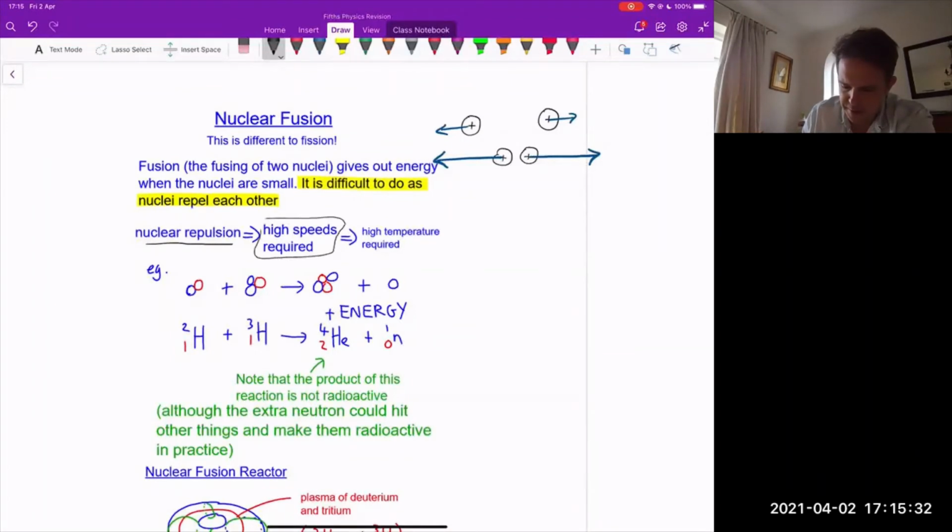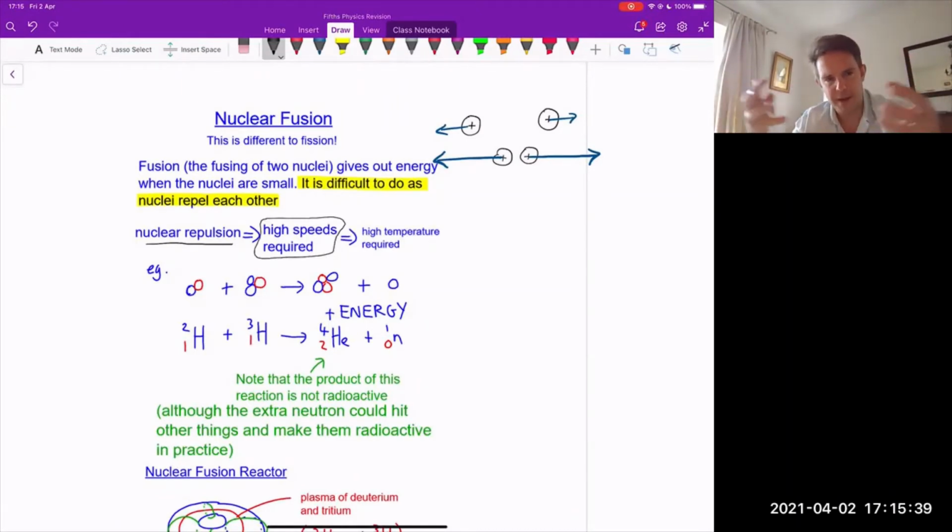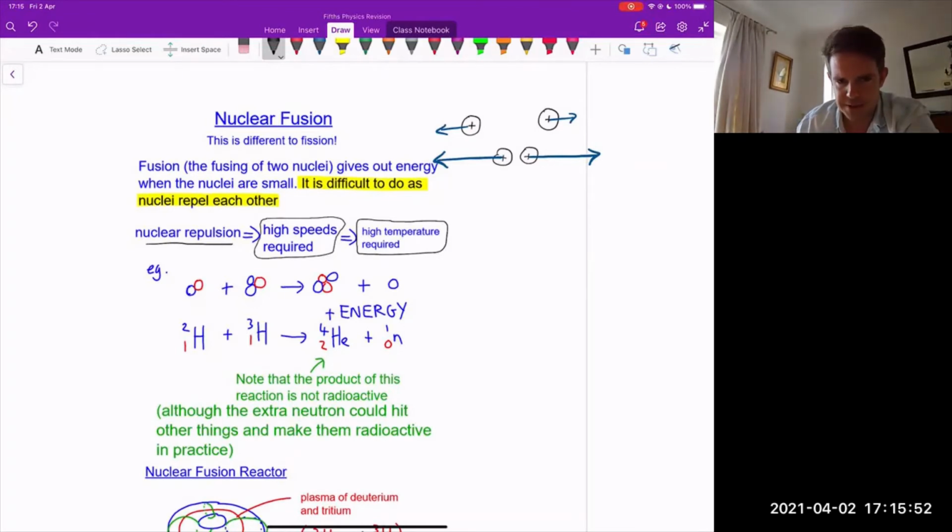Now, you will know, because you did this recently, that a high average molecular speed, or nuclear speed, high particle speed, translates into very high temperatures. So in order to stimulate fusion to occur, you need very high temperatures. I'm talking temperatures of the order of 10 to the 6 Kelvin. So we're talking millions of Kelvin, probably more like 10 to the 7, 10 million Kelvin, in order to initiate fusion. So it's very difficult to accomplish,